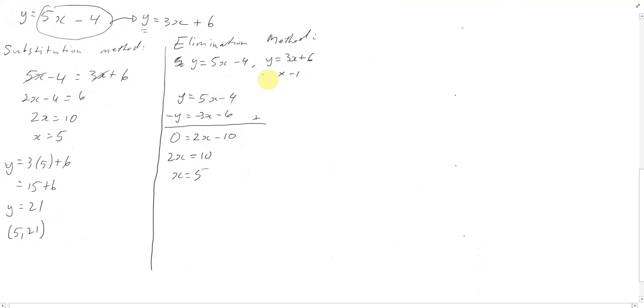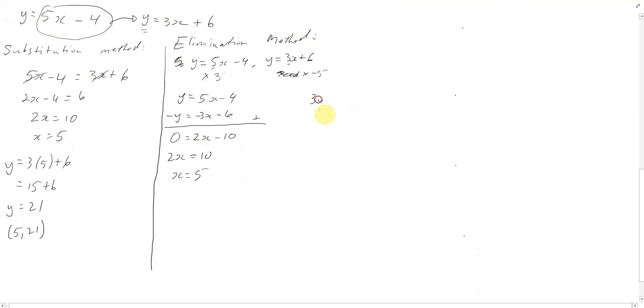Okay, next up, instead of doing that, to eliminate my x's is going to be a bit tricky because I need to get the same number, the same coefficient in front of the x, but with one of them negative. So I'm going to multiply this side by 3, and I'm going to multiply this side by minus 5, because then I'll get a 15x going on here. So I'll show you what I mean when I write it out. So this one by a 3